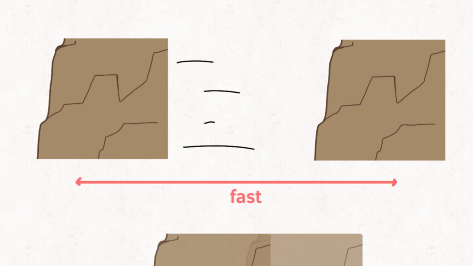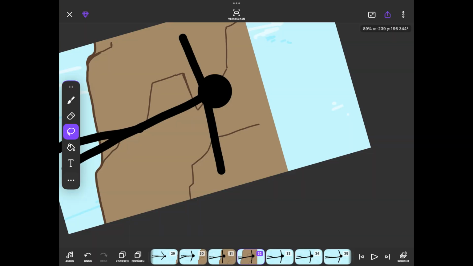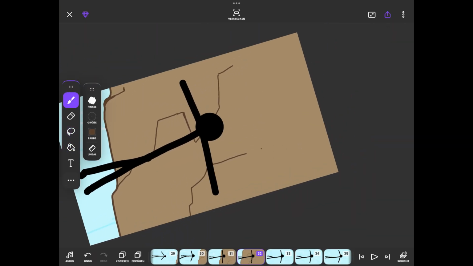We want the rock to move fast because the stick figure flies past the rock quickly. That's why we have to move the rocks far apart in the frames. If they were close together, they would only move slowly out of the picture. Now that we have moved the rock to the left, the spot has become empty, which we have to fill with the bucket. Then I draw a few smear effects on this area with the dark brown